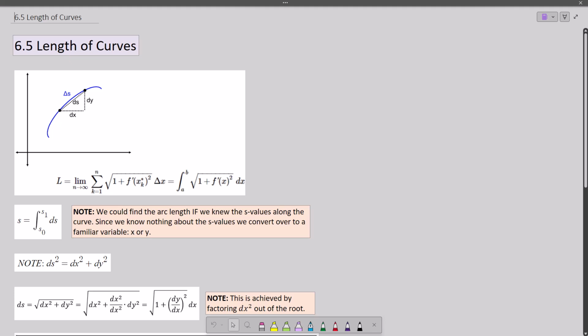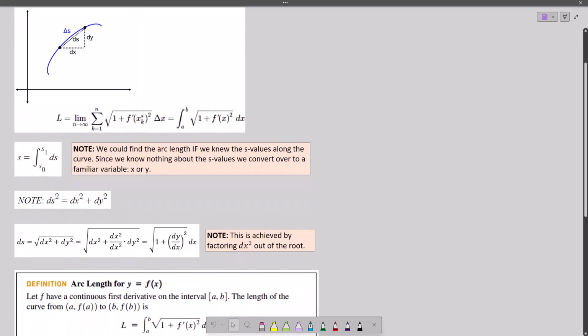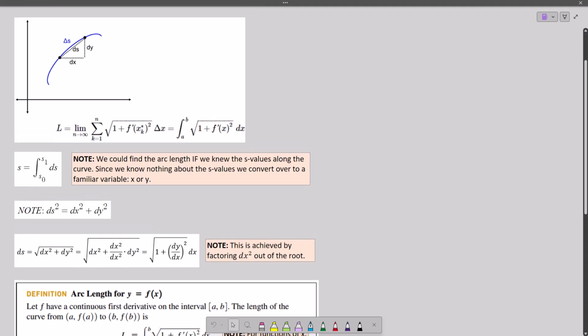We're going to go to arc length now. So arc length is an interesting beast. Sounds very simple. We just want the length of a curve. So we want to measure along the curve. If we have some curve, we want to just know how long it is. That's it. Sounds simple enough. Well,